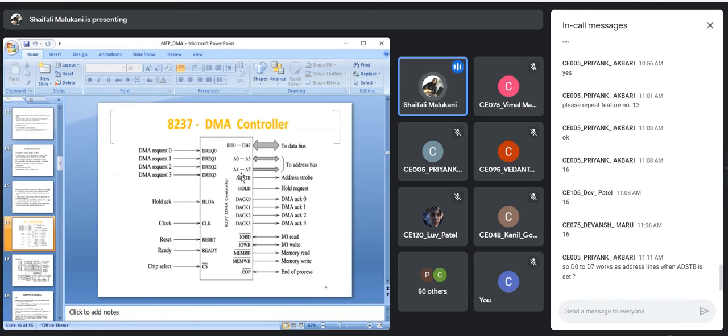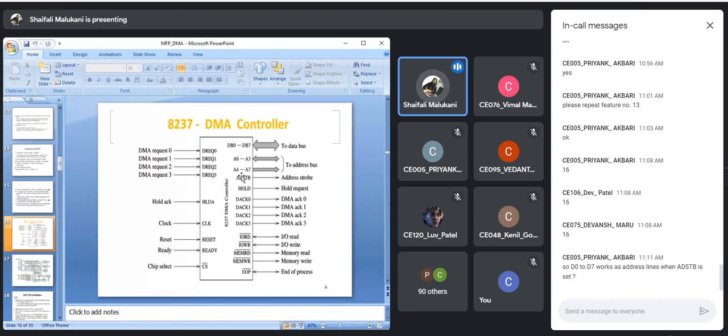So something you have to disable. Observe my words: 8086 receives the hold signal and hands over the address buses and data buses to the DMA. Whenever you are handing them over, that means you have to stop 8086 from using those buses. You have to disable 8086 from using those buses. So for the disabling purpose, you will have the AEN line.